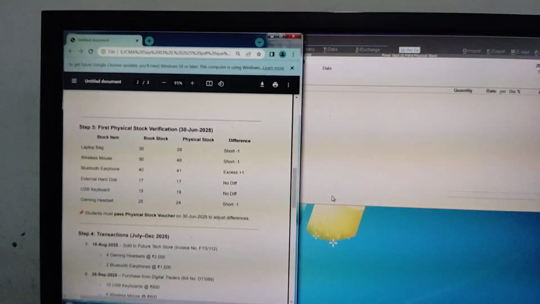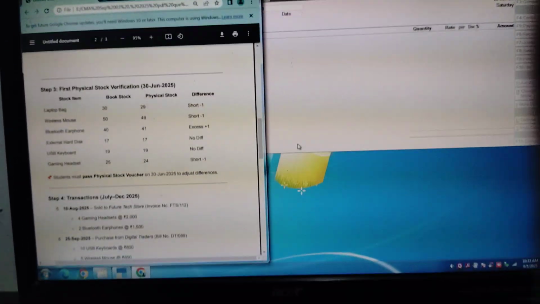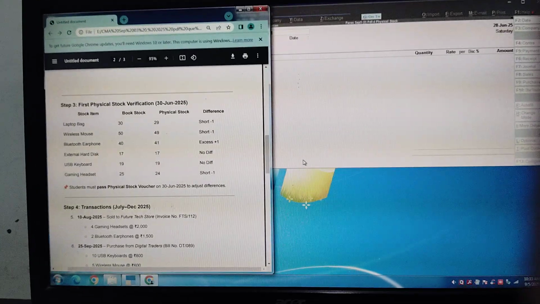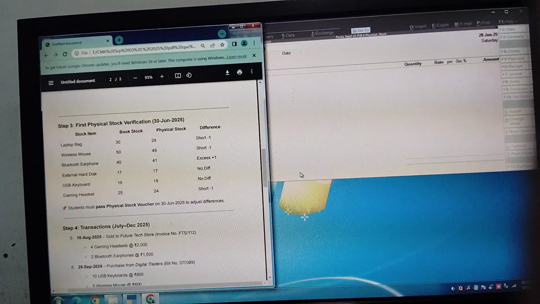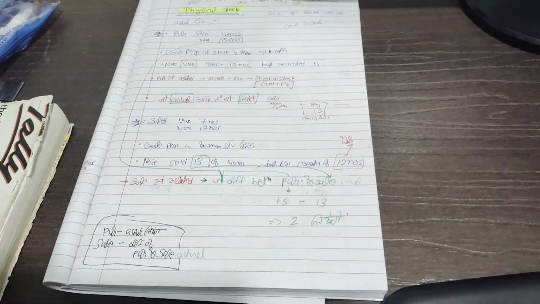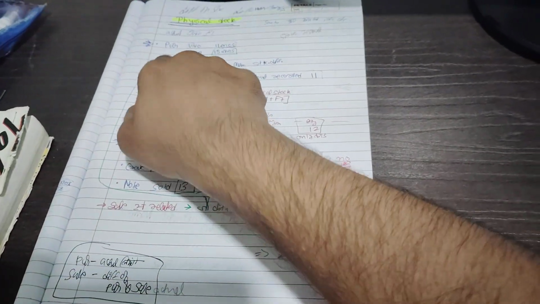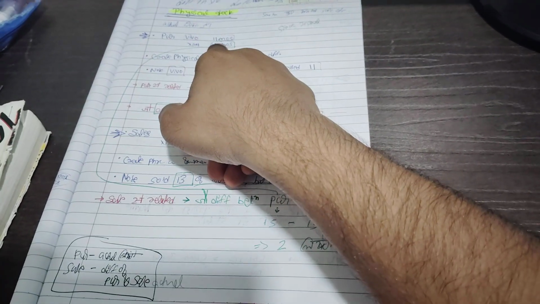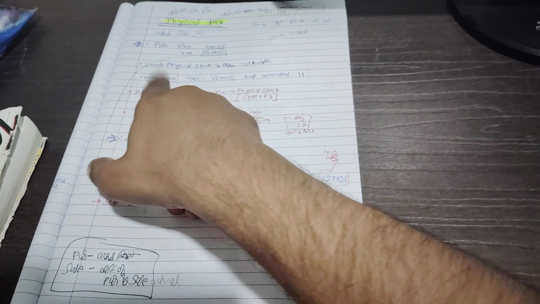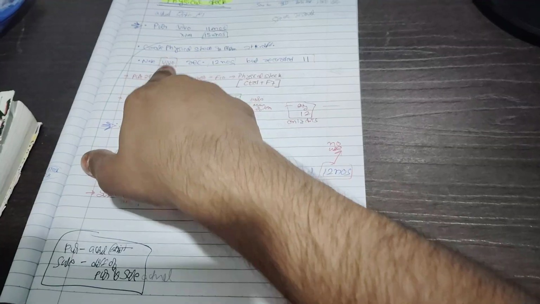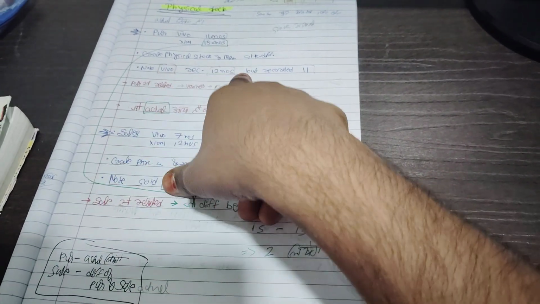Now here is the main thing. First, physical stock verification, 30 June 2025. Stock item, book stock, physical stock, difference. So in physical stock, what we have understood till now is related to purchase. This amount I am talking about is currently purchase. And create physical stock,